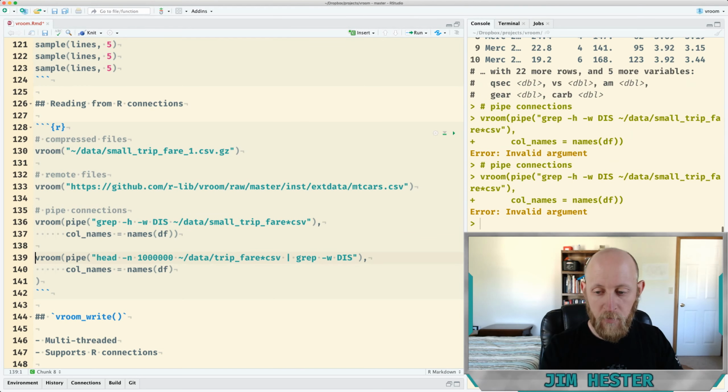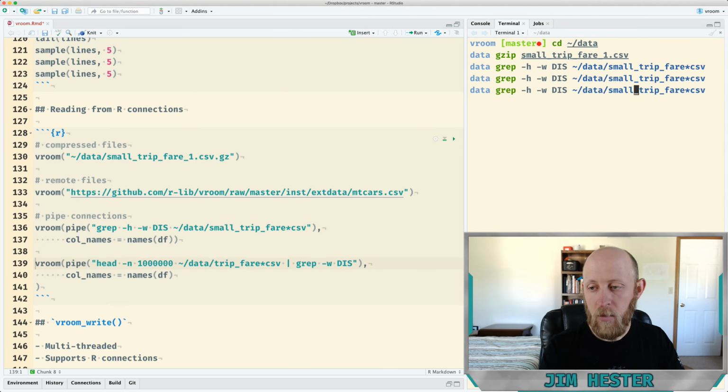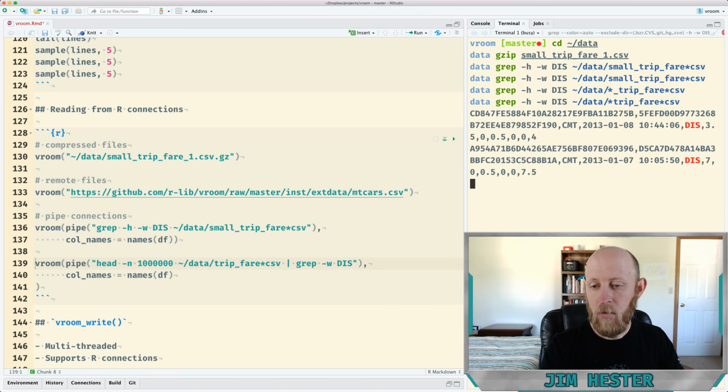I might have an invalid argument. So apparently small doesn't have anything. Okay, so I think there actually were no disputed claims in the small files, which is why that one's not returning anything. But if we take just the first million rows of each,